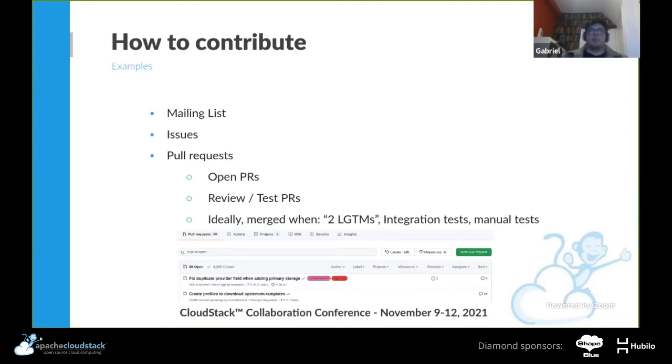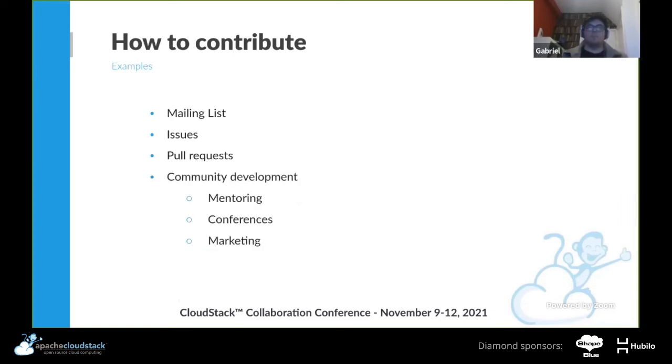Ideally, a pull request is merged when there are two, what we call LGTMs, looks good to me, reviews. So two contributors will review the code, and ideally at least one will do some manual tests as well to validate, and then they will say it is okay. And if all of these reviews plus the integration tests have passed, then the pull request will be merged.